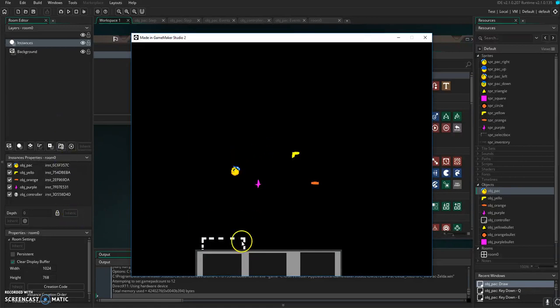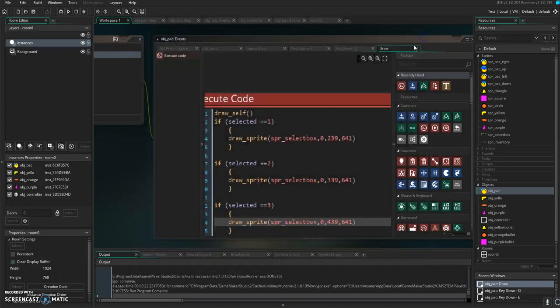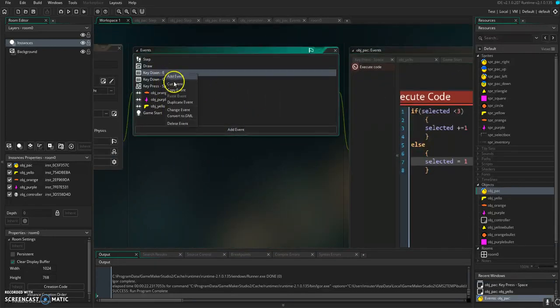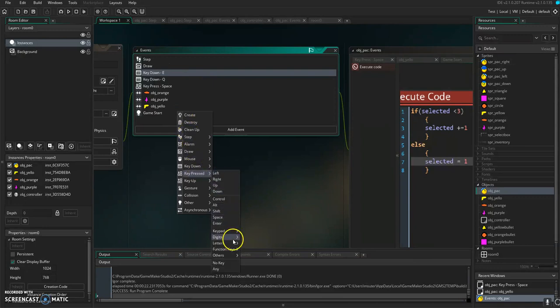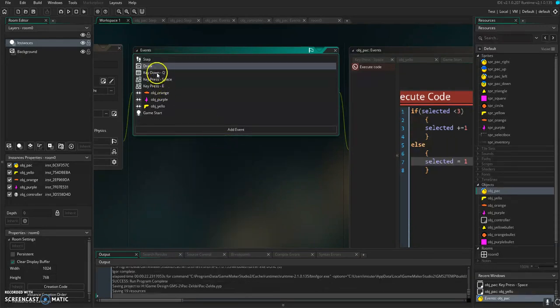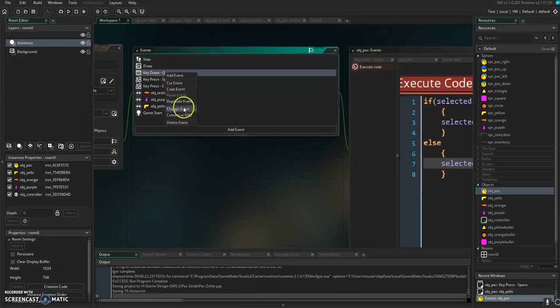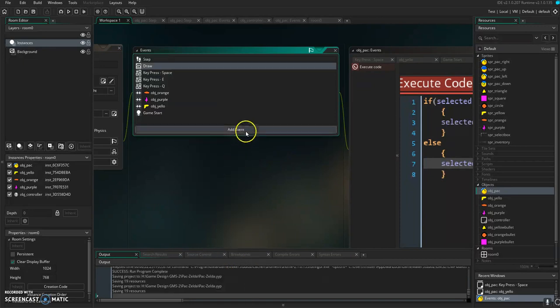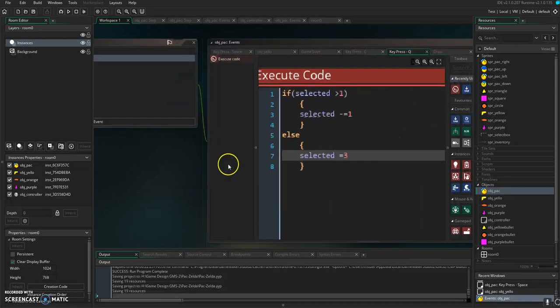There's our selection box. It's underneath, so we need to change the depth, first of all. And, ooh, there I hit the Q and the E. Oh, that looks horrible. Yeah, I want to change that event and the depth and all that kind of stuff. Okay, so we want this to change into key pressed letter E, and this to change to key pressed letter Q, as well as